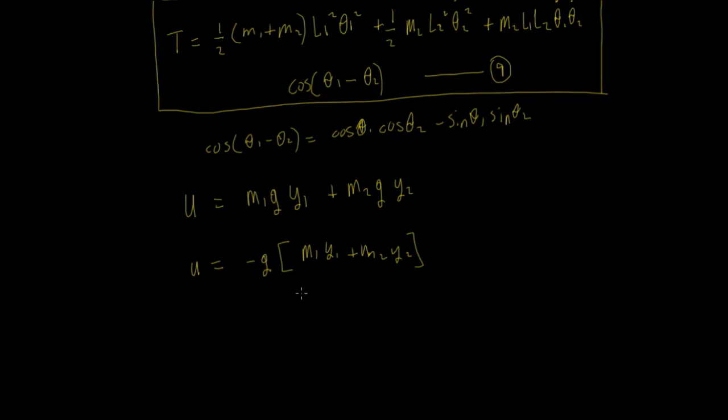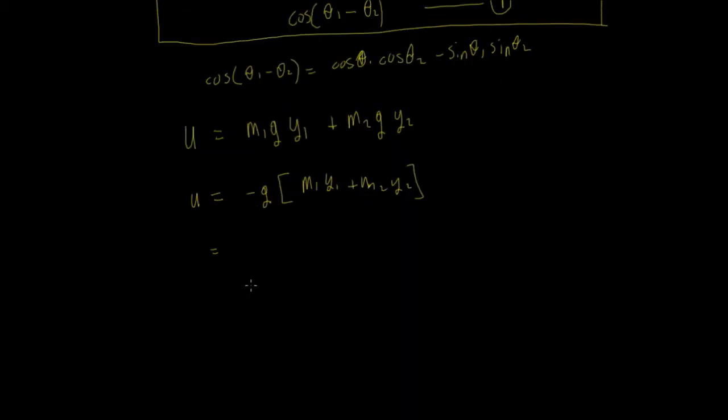So that's going to equal, now we just put our values in for these as well, minus g, then our values: y1 is L1 cos theta 1, so you have m1 L1 cos theta 1 plus a value m2, and the y2 is